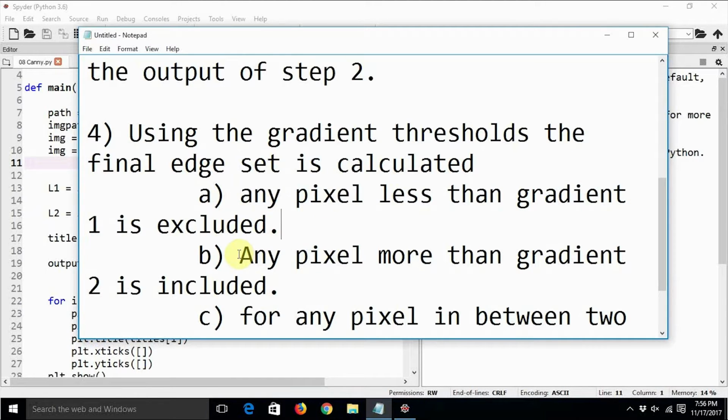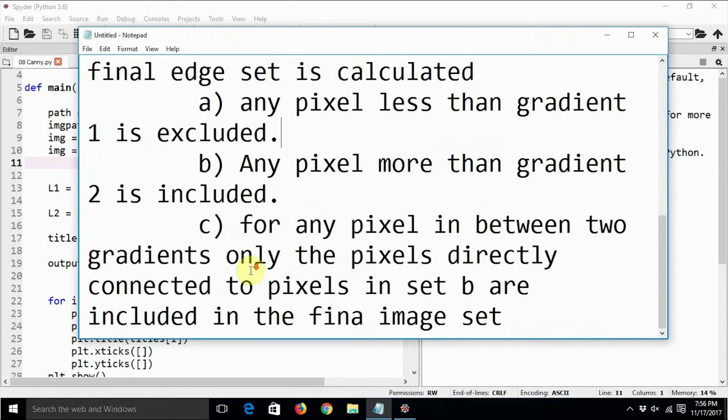Any pixel whose intensity is more than gradient 2 is directly included, and any pixel which lies in between is included in the final pixel set only if it is spatially connected to a pixel from the included set B. This is how we compute the final set of pixels, and the final set of pixels will always show the edges in the image.